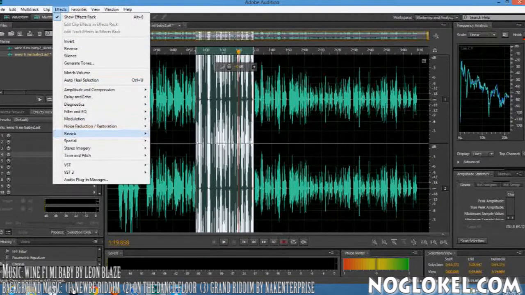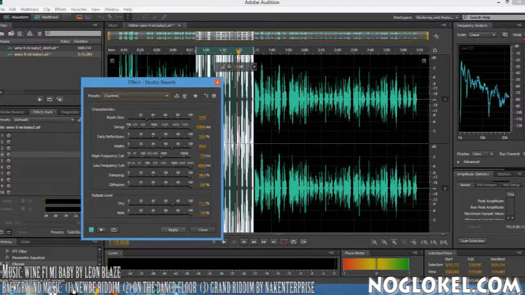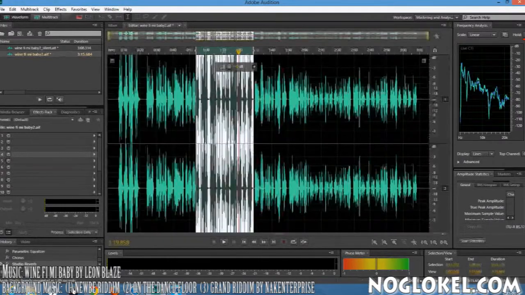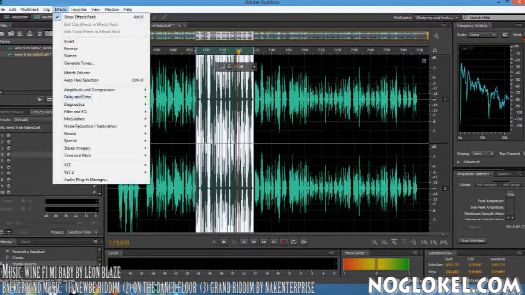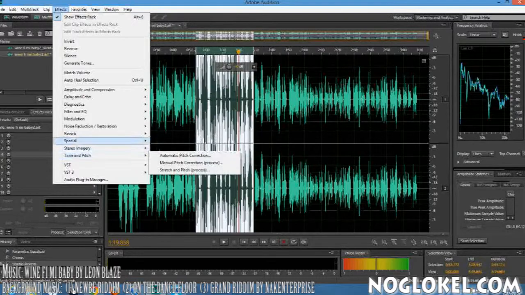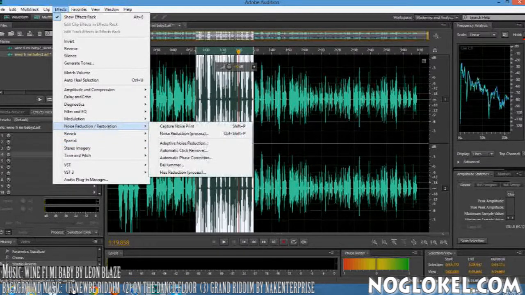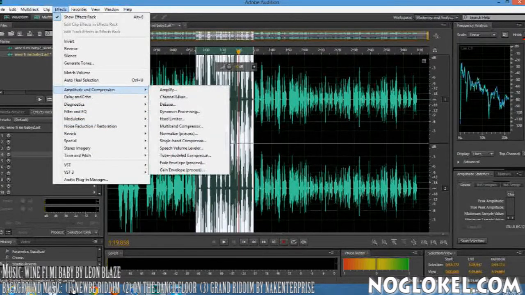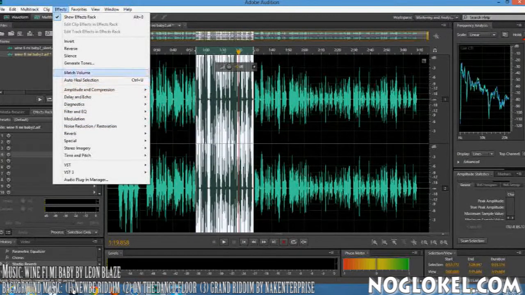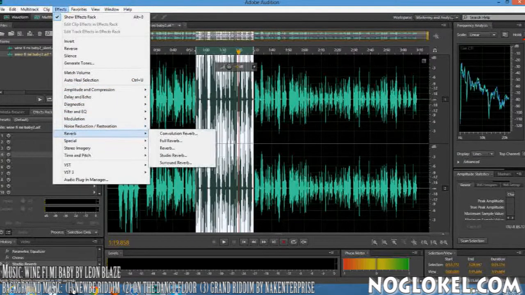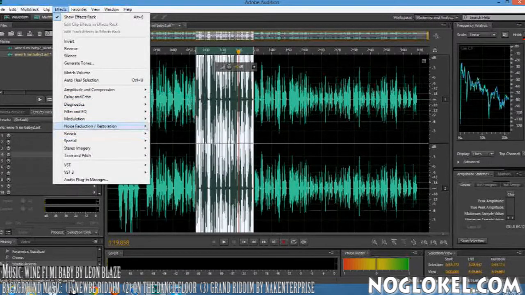Just doing the edits. You have different stuff that you could use, but this is what I use on my vocals. There are different effects on it that you could pick from. If you want to slow a song down, if you want to remove the beat from a track, if you want to speed a song up, and all of it, there's nice stuff in it you could use. Okay, you can match your volume on both sides, let them be the same also. Then my next step is